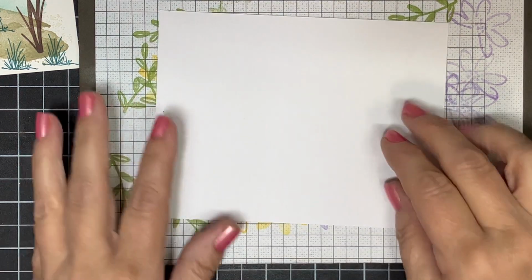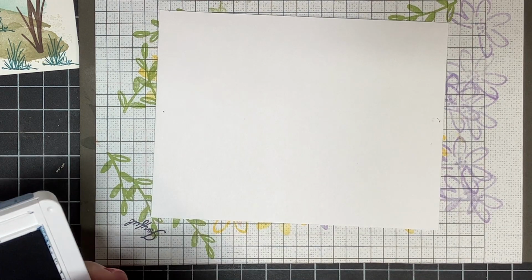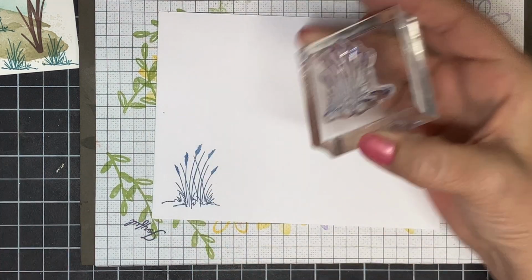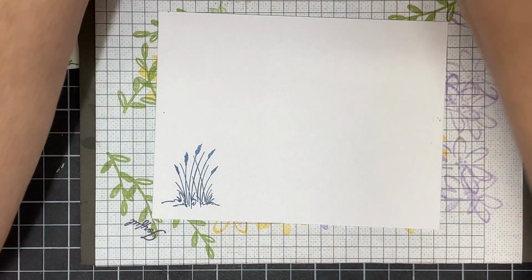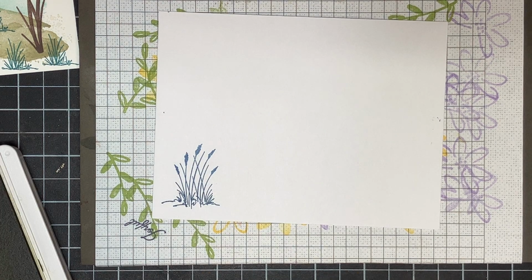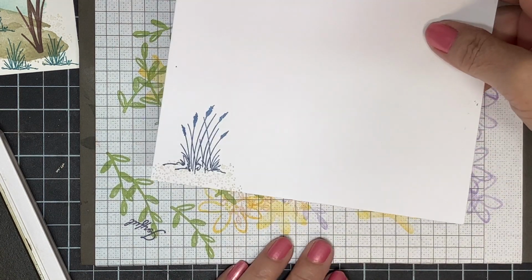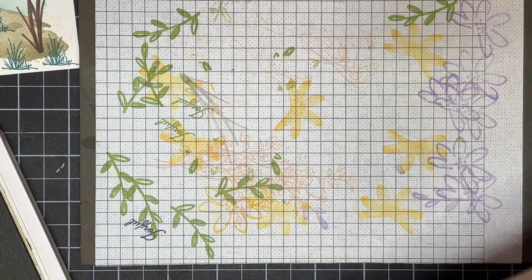Where'd it go? So I decided on the front of my envelope I was going to use the Misty Moonlight and do that nice sprig of wheatgrass on the front. And it was just floating around in there. So I brought in a little more crumb cake and stamped a little bit of grass there. Now on the inside of the card,